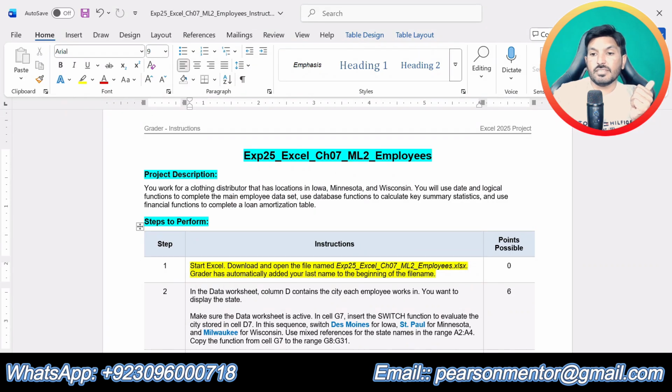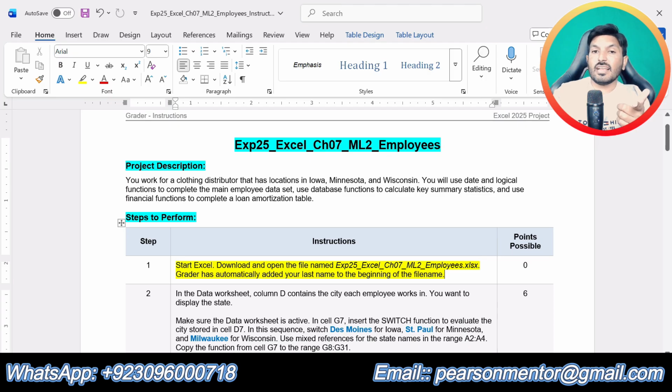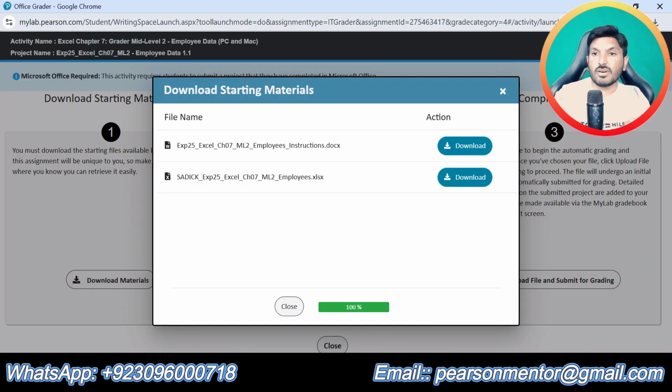Step number 1 is start Excel, download and open the file named EXP25 Excel chapter 7 mid level 2 implies. Grader has automatically added your last name to the beginning of the file name. You can see that I have already downloaded this Excel workbook.